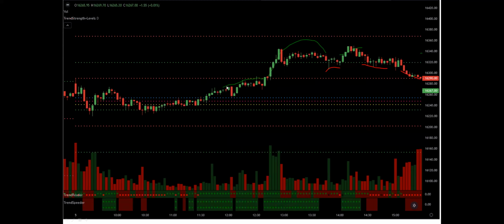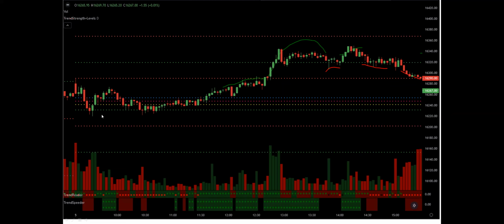Whenever this starts, and after some 2-3 candles it keeps growing without vanishing, you can take a bias that trend strength is getting stronger towards the bullish side. In the same way, if you see a red line here, you can take a bias that trend strength on the downside is getting stronger, right? The market has risen from here, and if you see a red line, the market has come down.